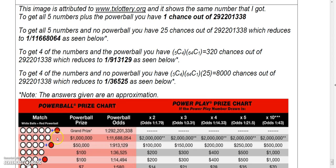But now, since you don't have to have the Powerball, and the Powerball is one of the 26 numbers, that means there's 25 ways not to get the Powerball. So actually now you would have 25 chances out of 292 million some odd chances. And if you do 25 divided by this and you reduce it, you'll get an approximation of 1 out of